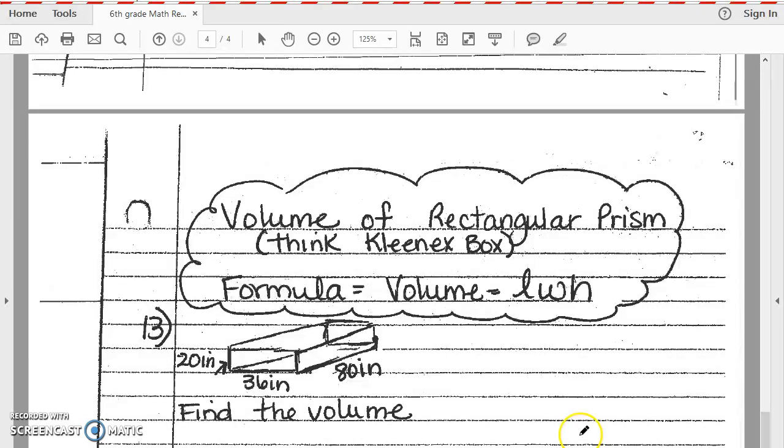Rectangular prism. Okay, so when I'm finding area, I have a flat object. It's just one-sided. Think of your desk or your paper on your desk. Okay, it's just flat. Anything that's flat. Okay, and we're only going to do just the length and the width. So it's 2-dimensional. But when I do volume, I'm taking it and making it come